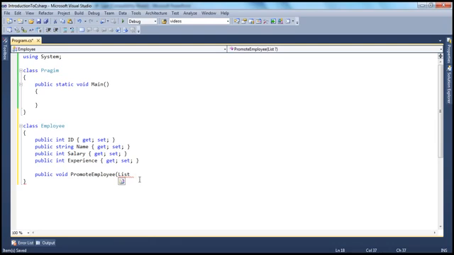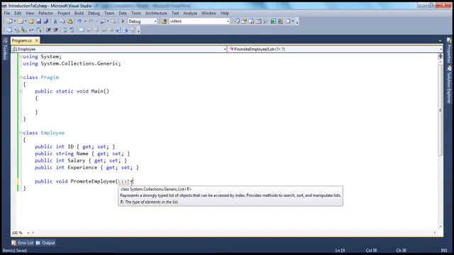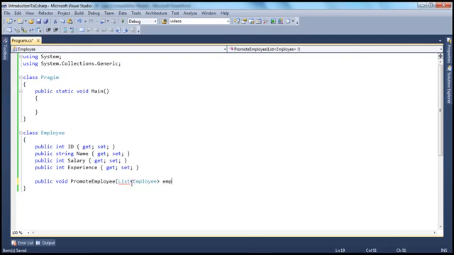Now the list class is actually part of the generics namespace, so we have to import that. So using System.Collections.Generic, so List of Employee, let's say employee list,